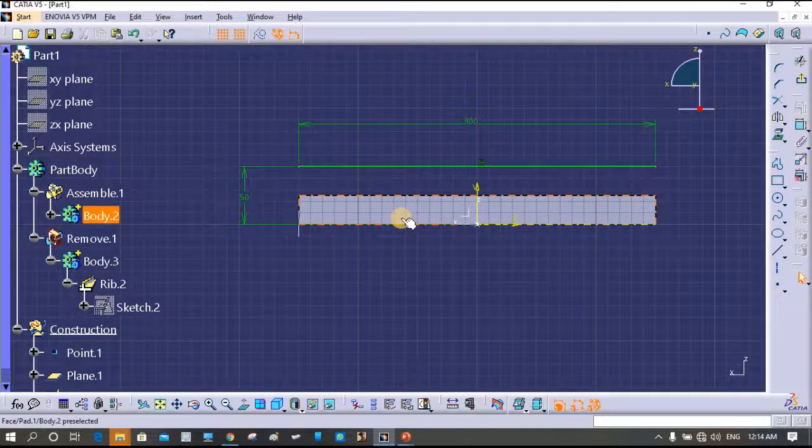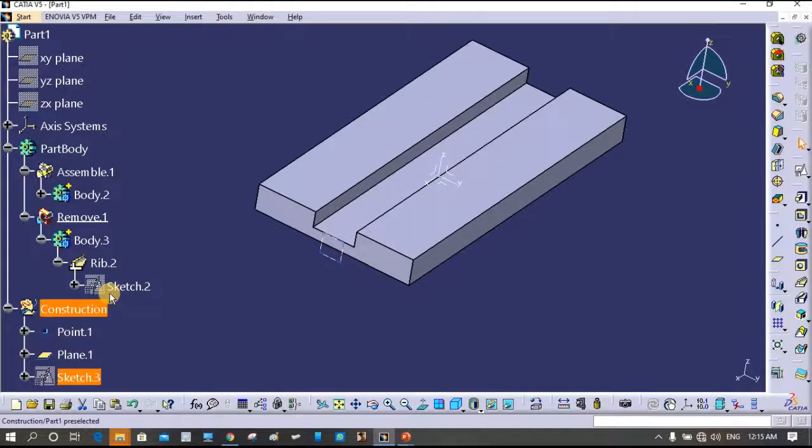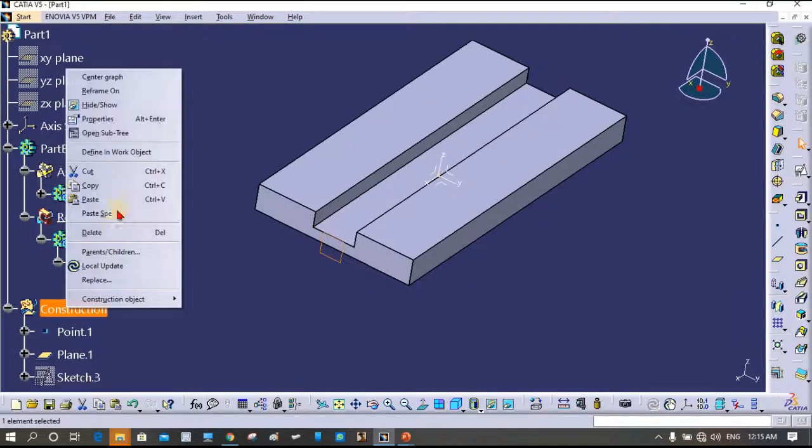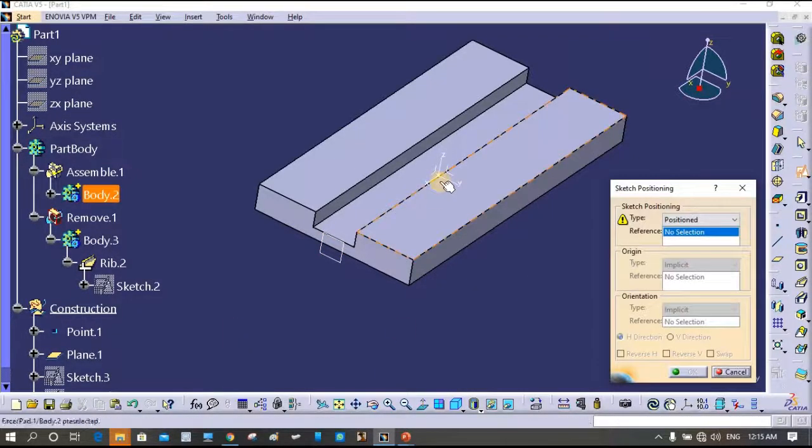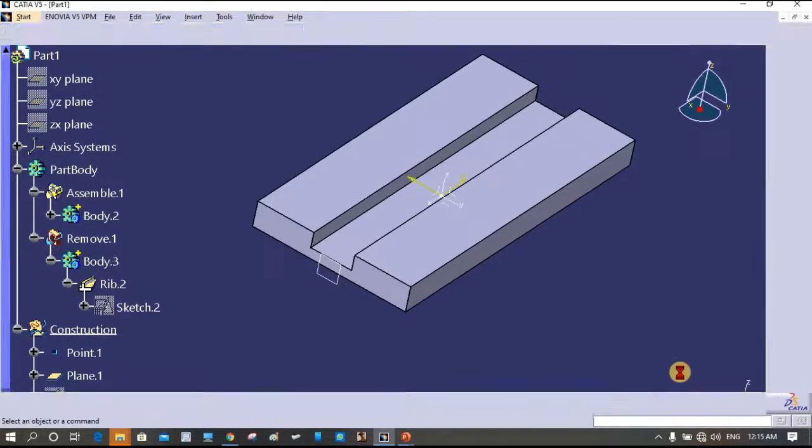Friends, here what we have done is we have used the center curve as a straight line, but we can also make use of the center curve as a curve. So instead of editing this sketch, I will again define this particular geometrical set. I'll go to position sketch. This time I'll select the XY plane. So reverse H, reverse V, say OK.